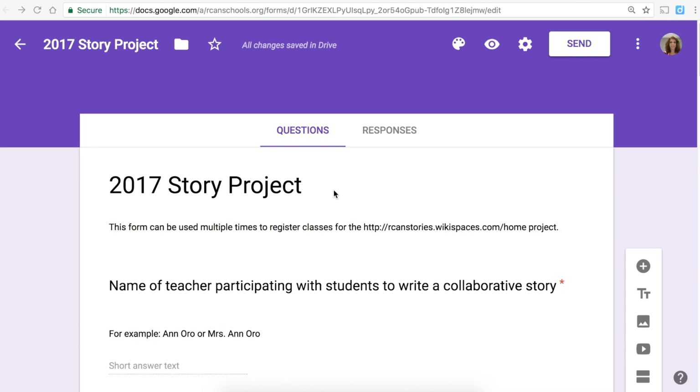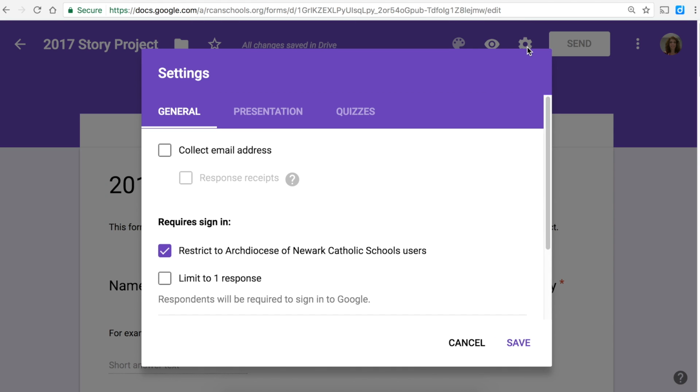The next step is to make sure your project settings are correct. The gear is next to the Send button. If you click the gear, it opens up the settings. If you are using G Suite for Education, Google Apps for Education, you will have a Require Sign-ins button automatically